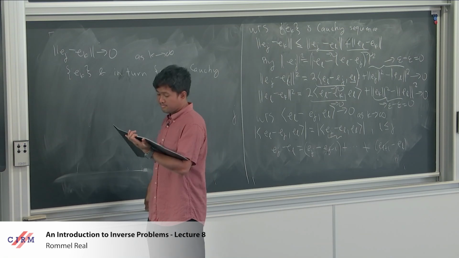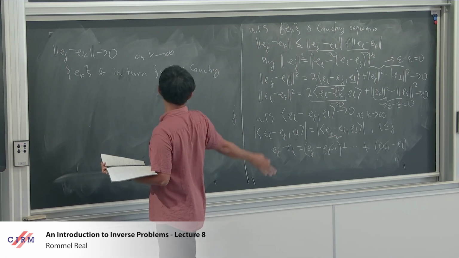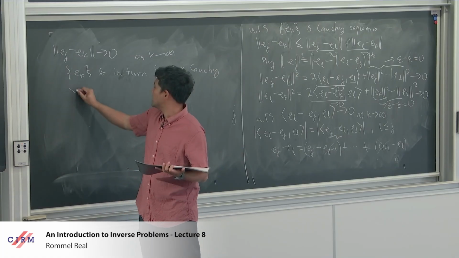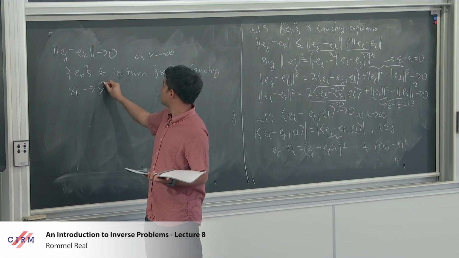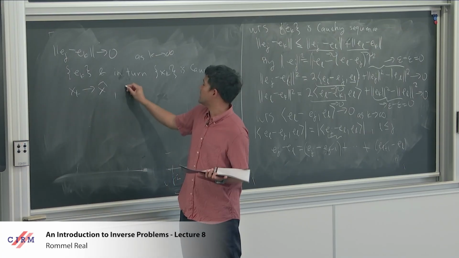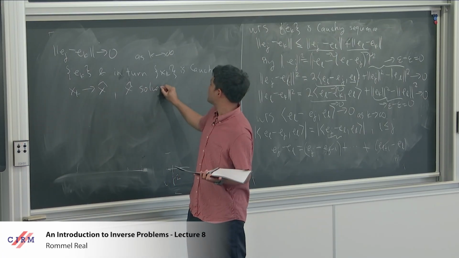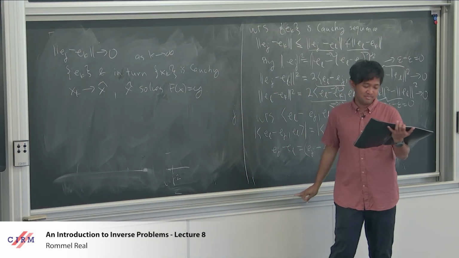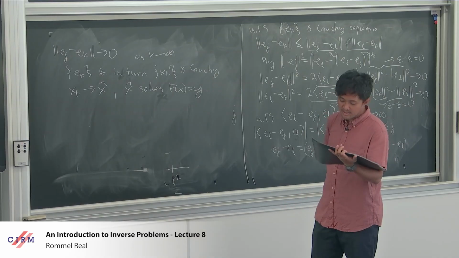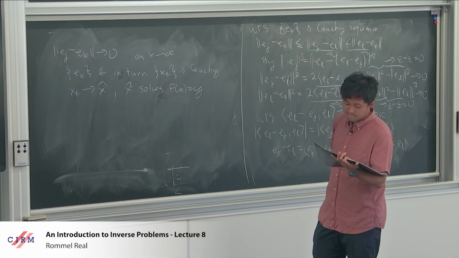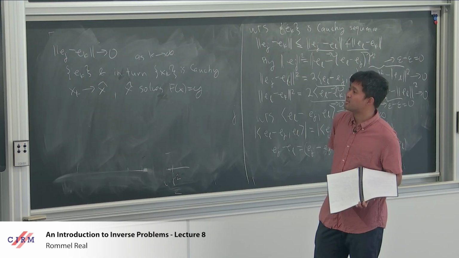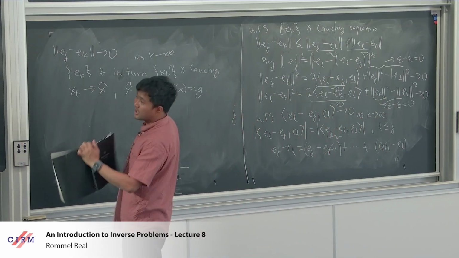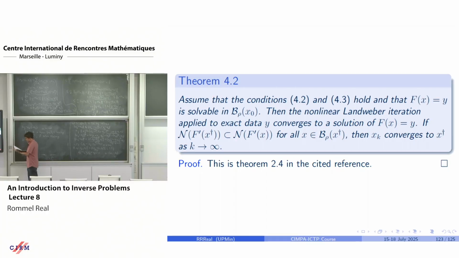Therefore, by the same remark that we made previously, Cauchy sequences are convergent, so the sequence x sub k must converge to a point x hat where x hat solves the linear equation. Okay? And also, by applying the previous result, by using that additional condition about the null space, if this is true,